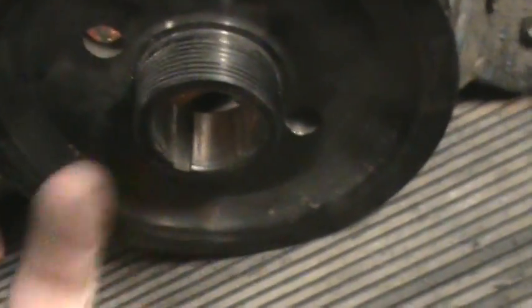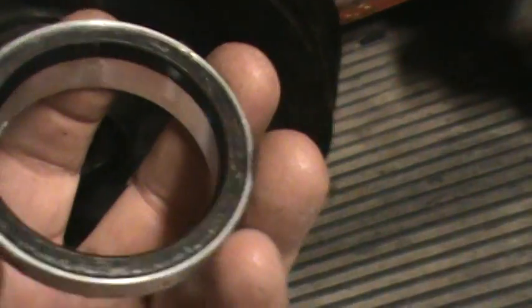And a lot of times if you're going to run a sand car, they like to tighten the seal up because sand will actually get in between the pulley and get into the front half of the case. So some of the guys, probably in California, came up with this thing called the sand seal. And you can see that the sand seal won't fit on this pulley. They make a sand seal pulley and they make a regular pulley. The sand seal pulley would be a smaller diameter here and it would be smooth. There's no lines in it. And instead of relying on these lines to return the oil into the motor, they use a seal